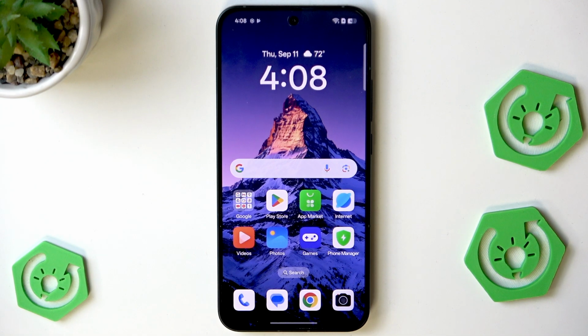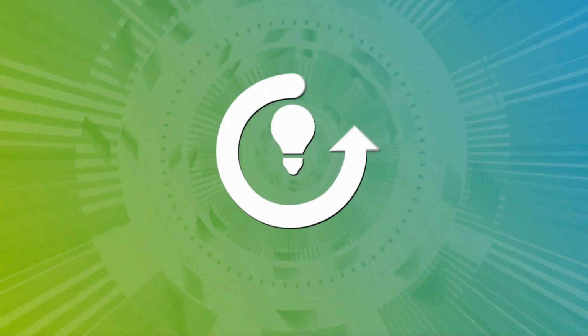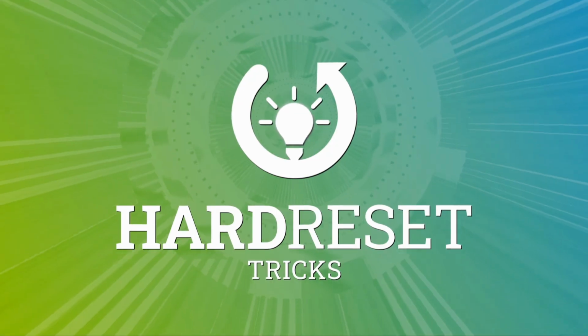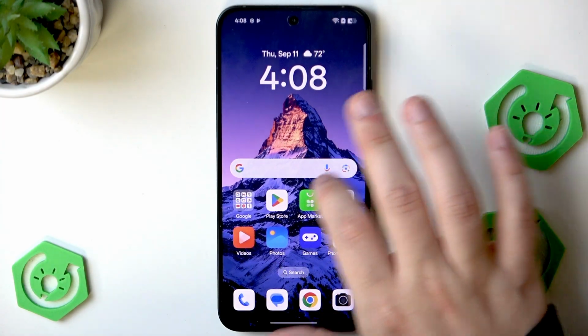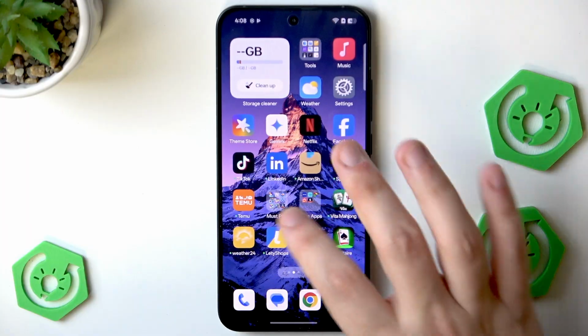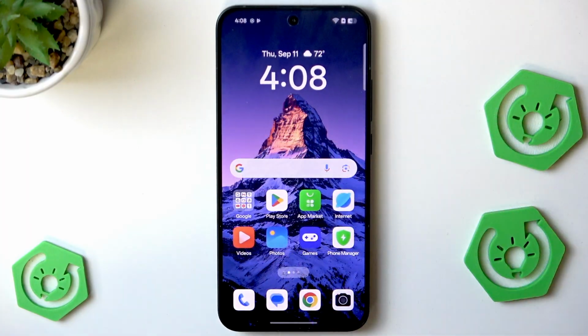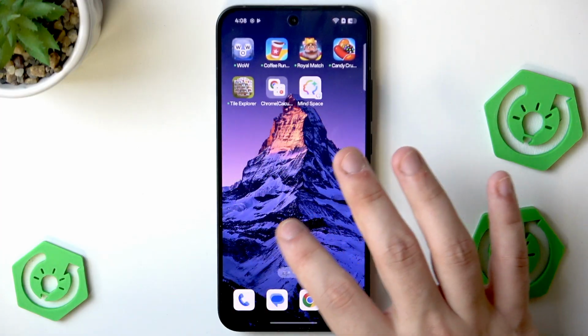Hello, in this video I'm going to show the best AI features on OPPO Reno 14. Okay, so let's begin. Actually, those AI features that I'm about to show you are pretty well hidden, and there's